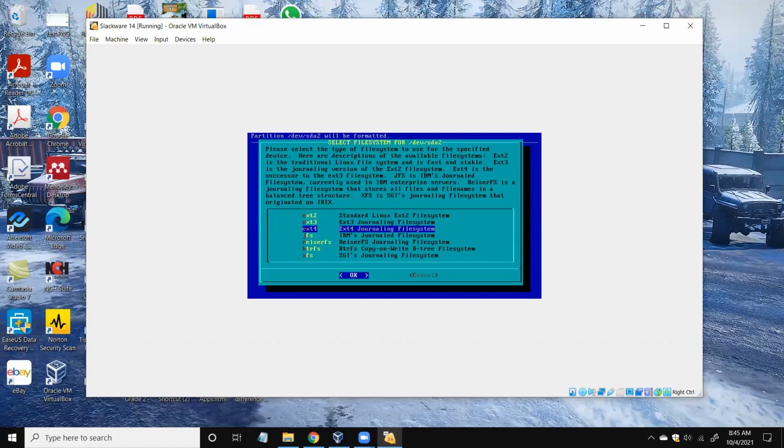Another important aspect: which file system can be used for Linux installation? We can use ext2, ext3, ext4, and so on. There are different file systems, which you will learn about later in this course module. For now, remember, anything after ext3 can be used. That means you can use ext4, JFS, ReiserFS, or any other available file system.